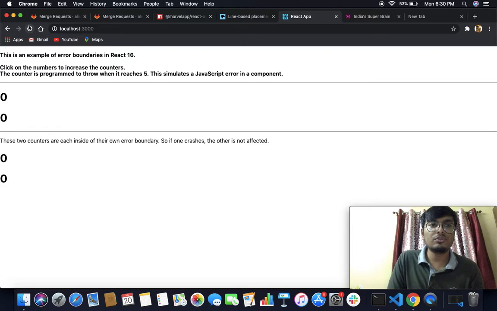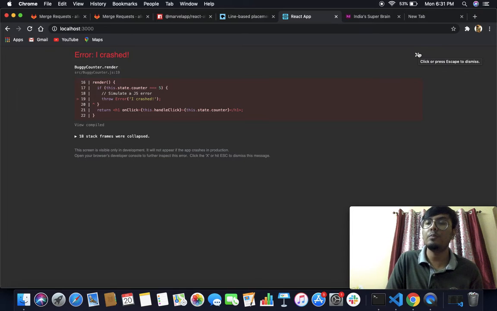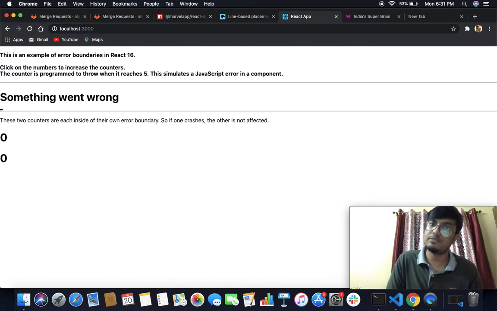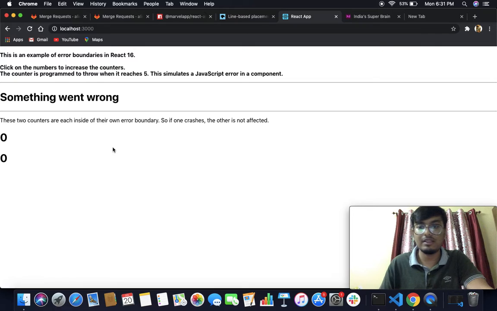And don't worry about this screen you are getting even after using error boundary. There's nothing wrong here. When you are in your development server, this will show, but when you deploy it and in your production, this doesn't show. Only this part will be shown, but that screen won't be shown. You can be sure about that. If you're not sure, deploy your app on Heroku or Netlify. There are many more, and you can see there.